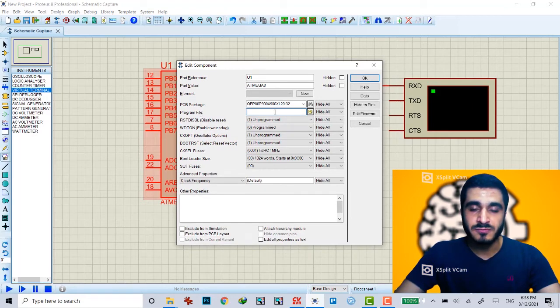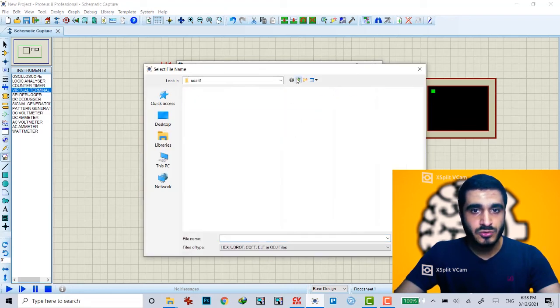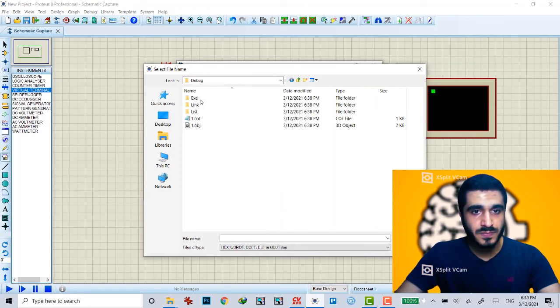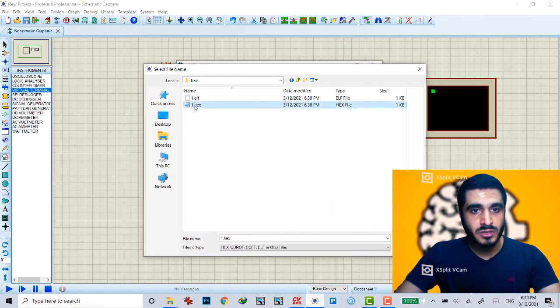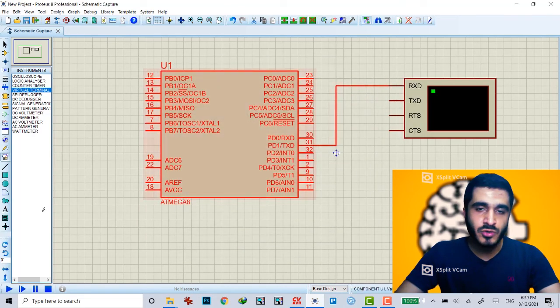So in the program file field in here, I click on the folder icon, and I should go to the path where I saved my code, which is in the USART1 code folder, and after that I should go to debug, exe, and click on 1.hex. I said 1 for the name of my project. You can use any other name for it, but the file is of type hex. So I open it and click on OK, and when I click on run in here,